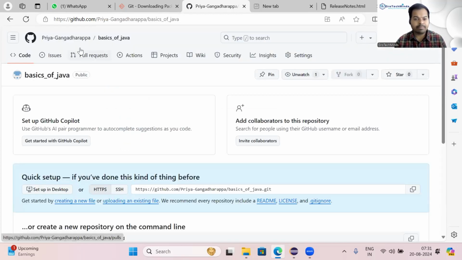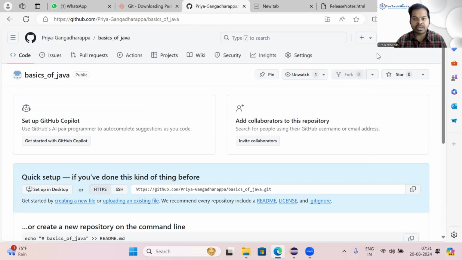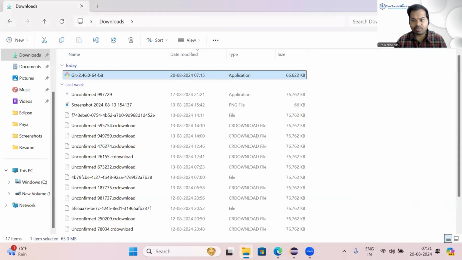So now you can see this is github.com. This is Priya's account, and this is basics of Java, the GitHub repository. Guys, once this much of things are done, then what you do,